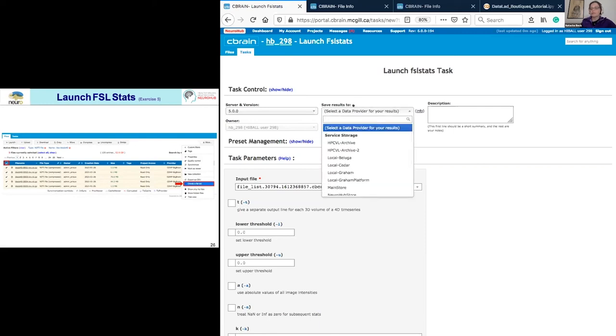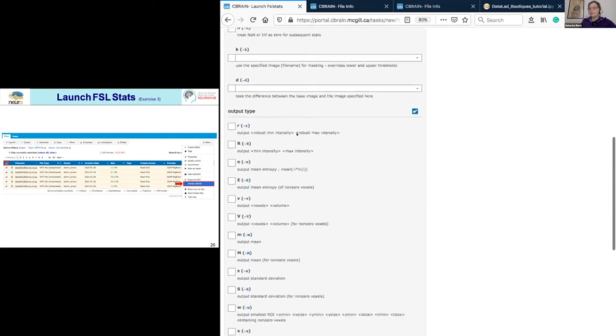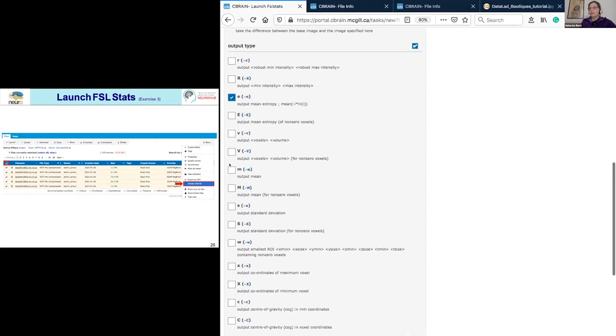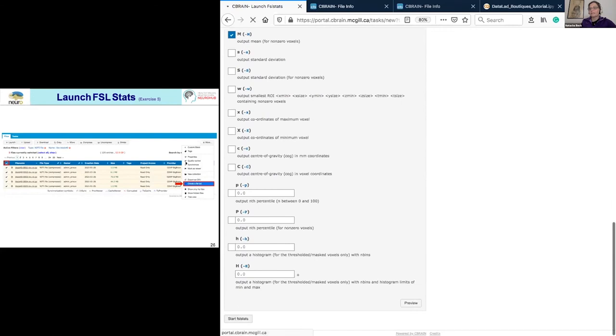Same, you need to save the result on main store. Oh, I will ask you to save in SFTP1 because it will be handy after, because I will show you how to get back your results locally, in fact, in Google Colab. But you can do that on your local computer too. So I have the SFTP1 selected right here. I have the project here. Here I have the file list that is selected as an input. And then I will select my options to launch the task, for example, this free one. And I will start FSL stat.